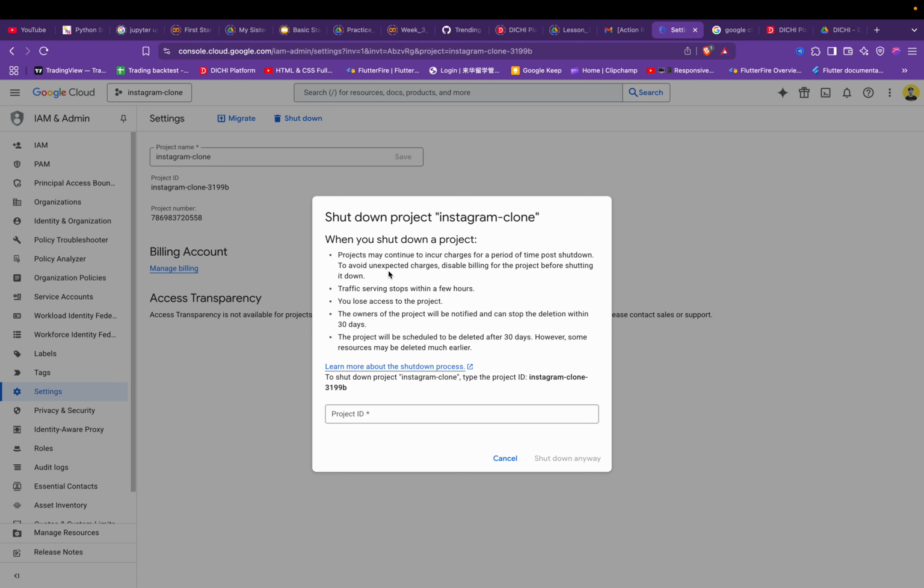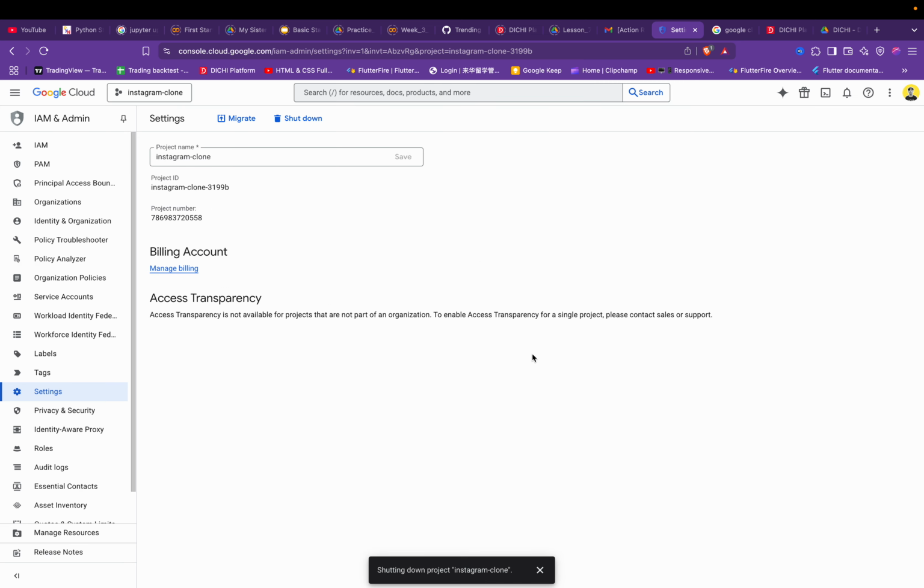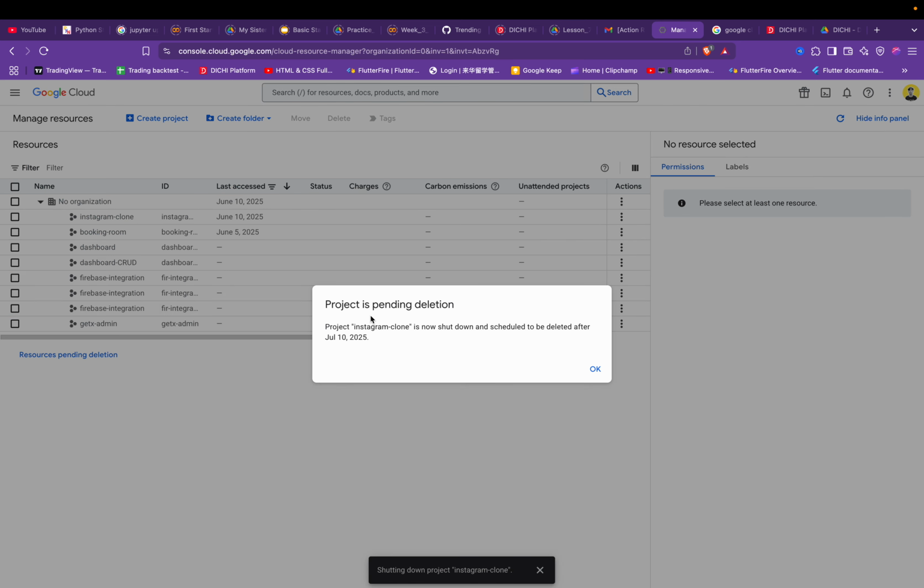Here are the details that tell you what happens when you shut down that project. You can read it yourself, and I just copy this name and paste it into the project ID, and it shuts down. So the project is pending deletion, until after July 10,